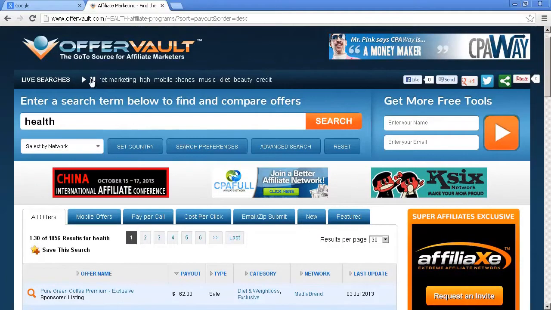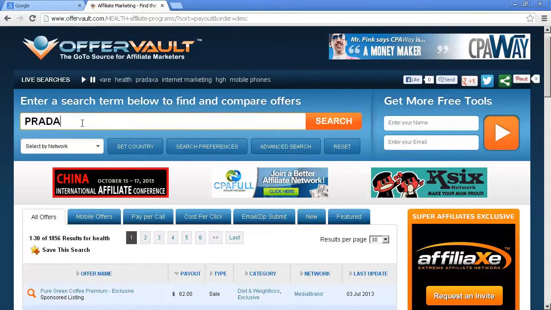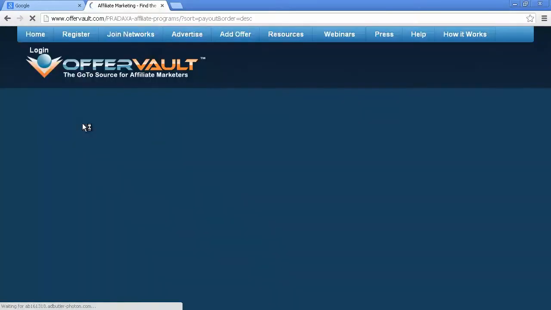What people are actually searching for here, in this category. So you can see that these offers are very popular. Credit report type of offers that I already talked about. Software, it's a good market to look at. Okay, Pradaxa, what is that? Mobile phone offers. Oh well, I never promoted a mobile phone offer yet, so I don't know much about it.